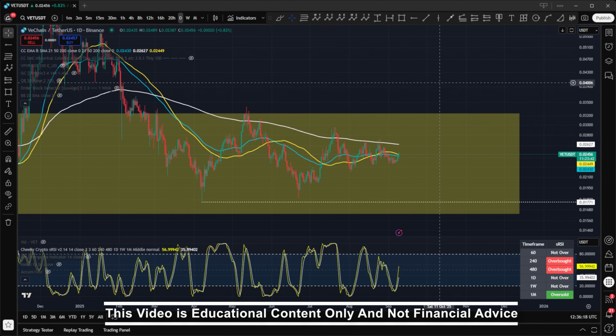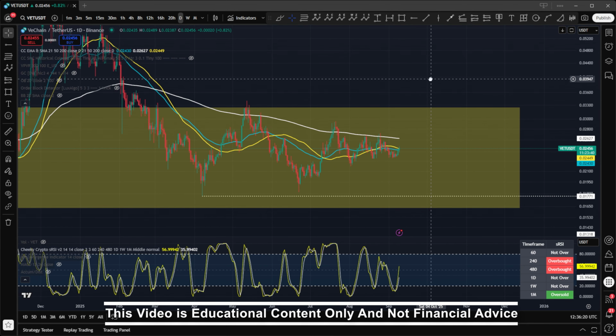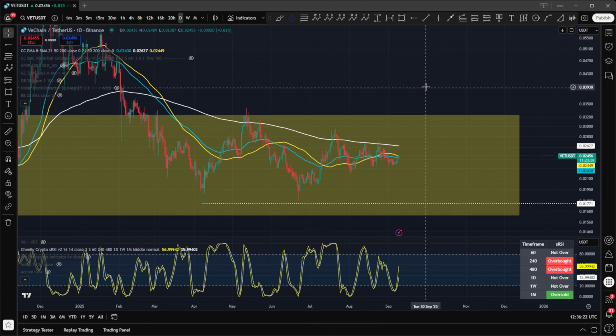Hi guys, today we're going to be taking a look at VeChain. We're going to be taking a look on the macro level. We're going to be taking a look at the daily chart and the weekly chart, sharing my thoughts and opinions as to where I think this price action is heading in the longer term view. This will be probably for the next week or two, going in towards the end of the